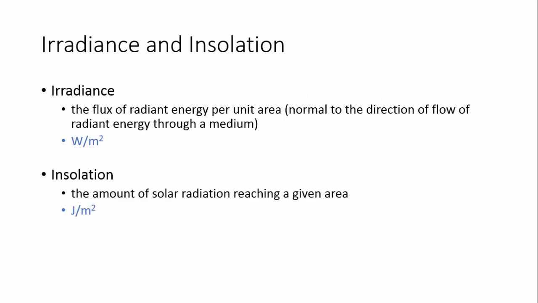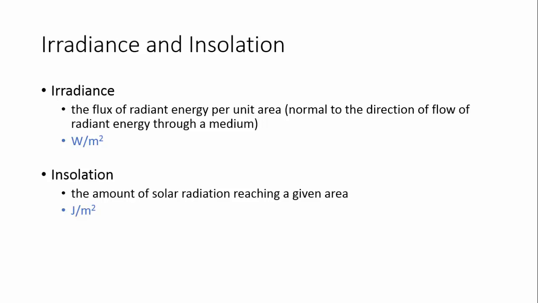In this video, we are going to see the different solar radiation measuring instruments. And before entering into the solar radiation measuring instruments, let us see some important terms, that is irradiance and insolation. Irradiance is actually the flux of radiation per unit area. It is measured in the unit of watts per meter square. How much radiation is there per unit area? That is irradiance. And the second term is insolation.